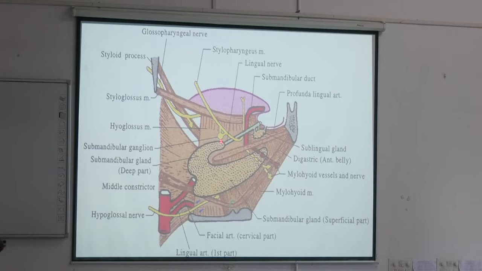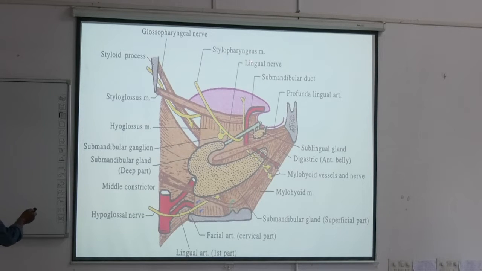Now, you can see the structures. This is the submandibular gland, the deeper part, and see the muscles in the submandibular region. Now, this is the styloid process and styloglossus muscle. From the styloid process, the muscle attachment is here up to the tongue, and stylopharyngeus